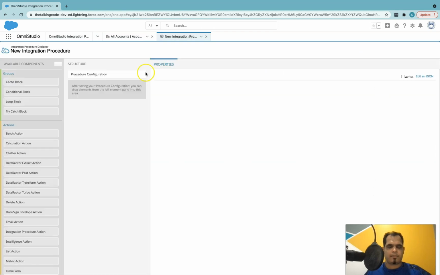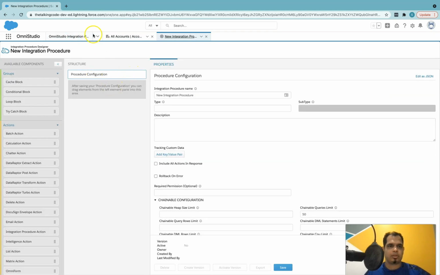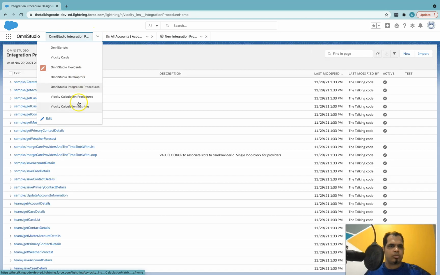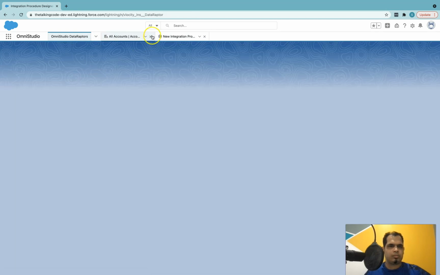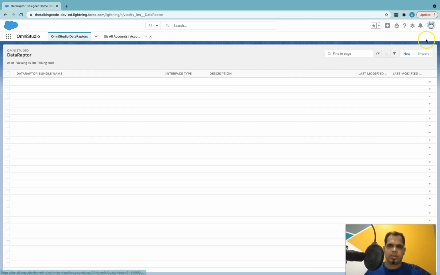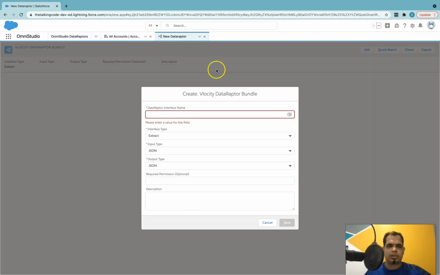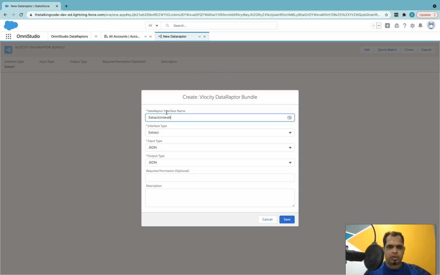So here, we'll go to data raptors and we will create a data raptor. It will be, let's say, extract United accounts. It will be of type extract JSON, and that's it.